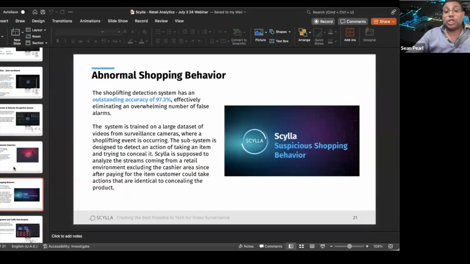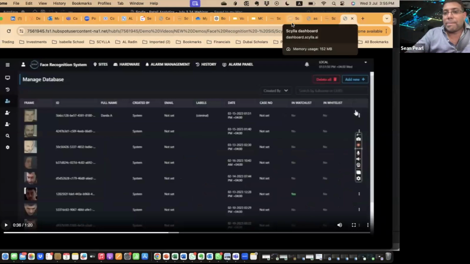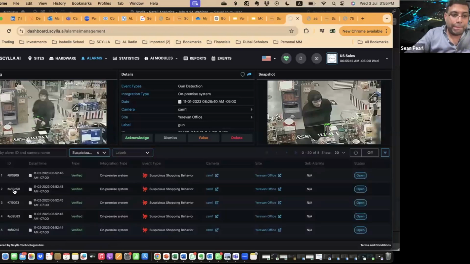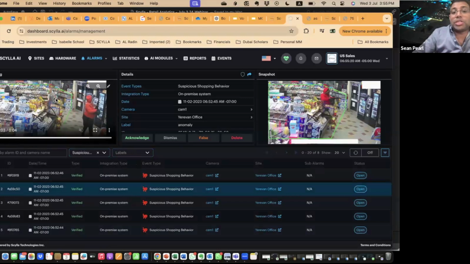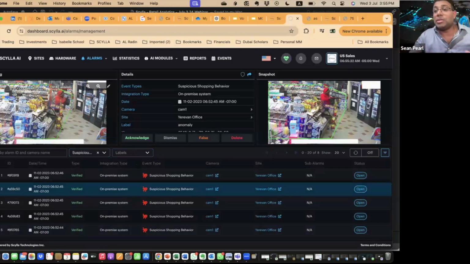The second one is shoplifting, or suspicious shopping behavior, like we call it. Now, let me have this demonstrated again with a quick video. So this again is a gesture-related analytic. Like you can see on screen here, this lady happens to take something from a shelf and put it into a bag. This again is gesture related. So the whole act of taking something off a shelf and putting it into my pocket or putting it into my bag, that is what the engine basically catches.